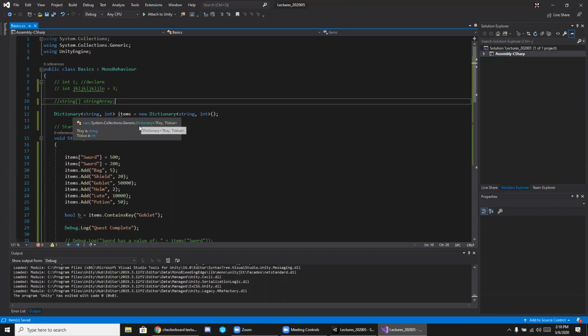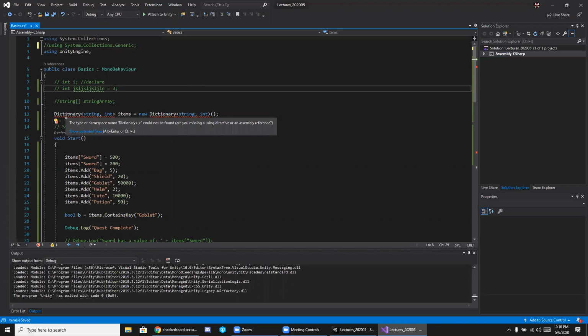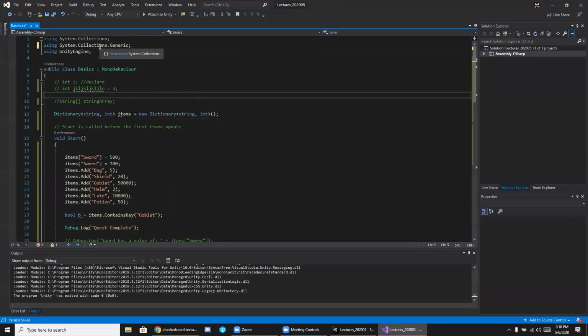So we wouldn't have access to dictionary if we did not have that using statement. It's going to complain and say, I don't know what the heck you're talking about. I don't know what a dictionary is. So until we tell it that this script will be using a specific namespace for the collections or generic collections,